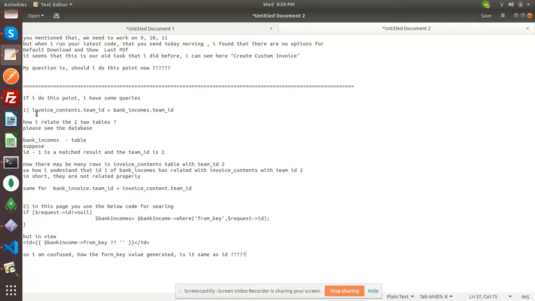You have sent some logic like invoice contents dot team id is equal to bank incomes dot team id, right? Now, how do I relate the two tables? Please see the database.